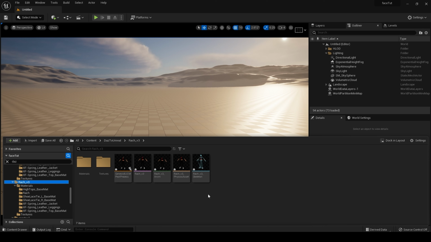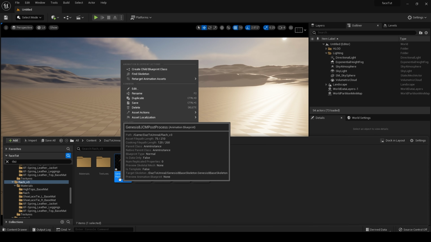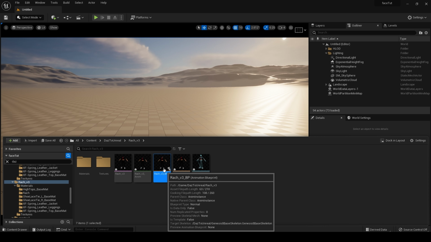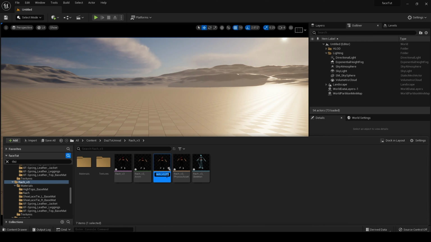And so we can go back to our folder now, and now in this folder there is a copy of that post process animation blueprint, and we want to rename this to Rage version 3 BP. Fantastic. And then we need to open up, in fact, sorry, let me just rename that PP for post process, so I don't get confused in a while.